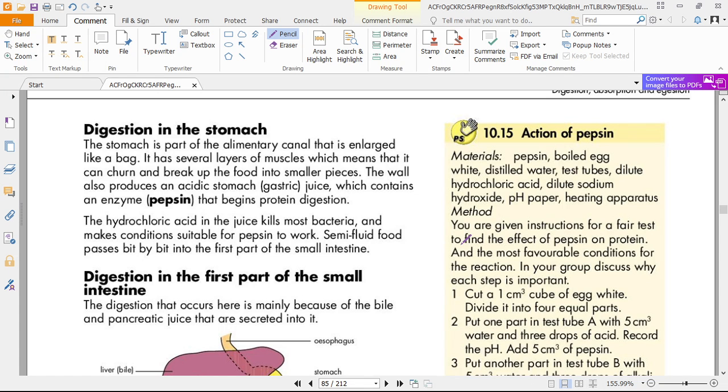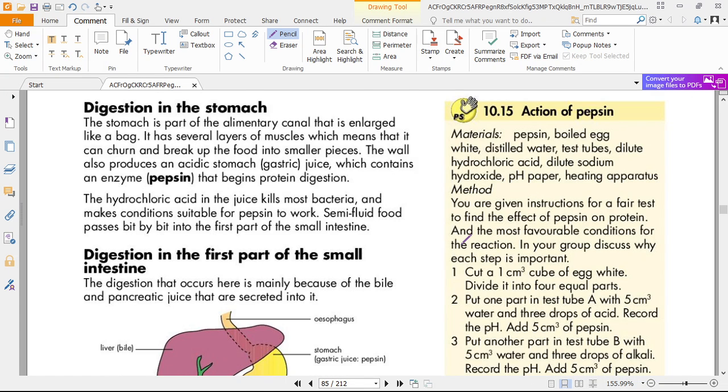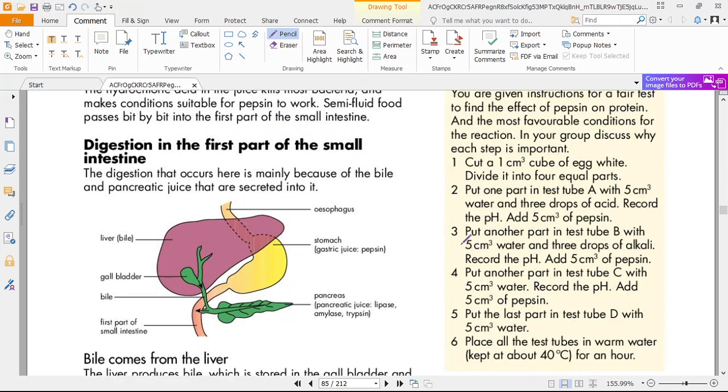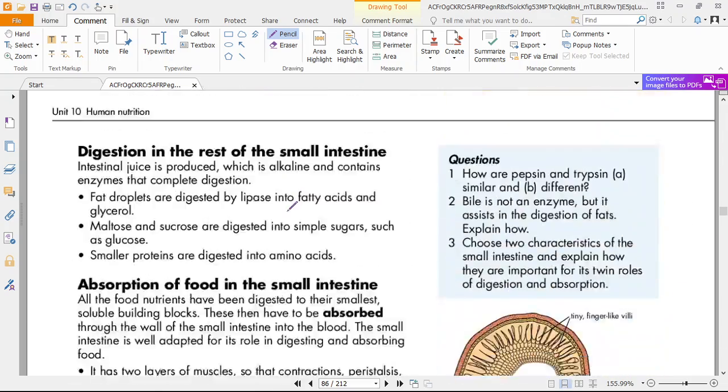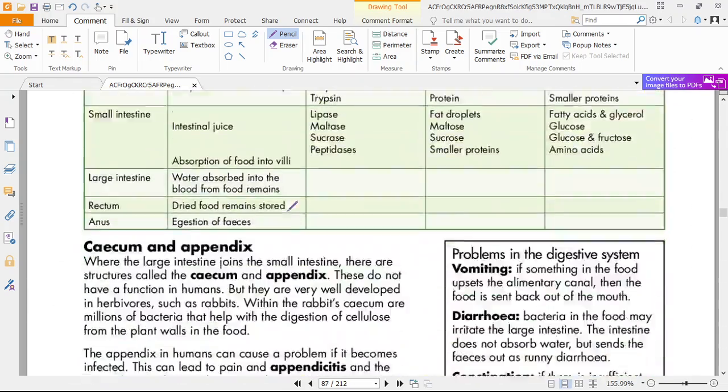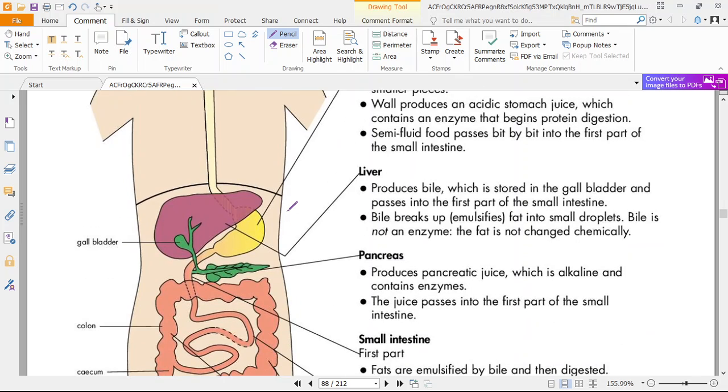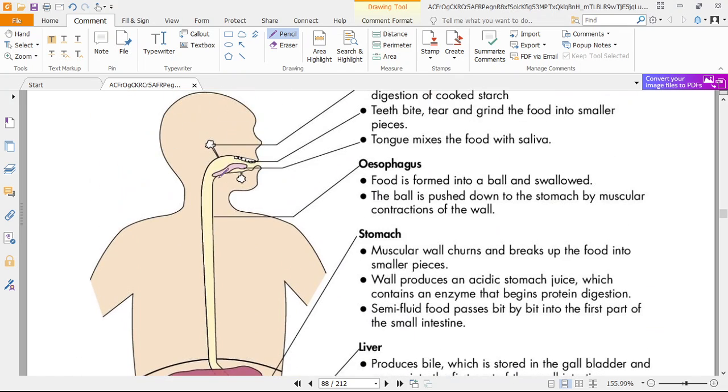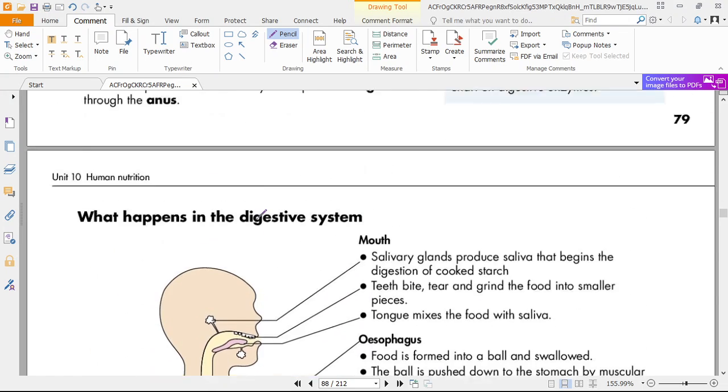All right, now look at this, the digestion in the first part of the alimentary canal, now the esophagus. Let me take you and let you see what the esophagus looks like. This is basically what the esophagus would represent, this long tube that connects the stomach to the mouth. All right,